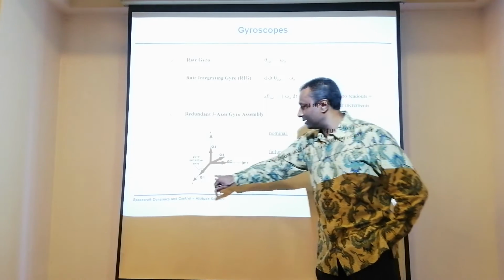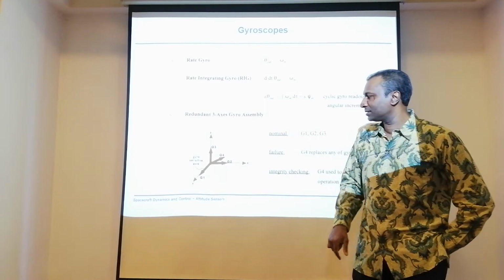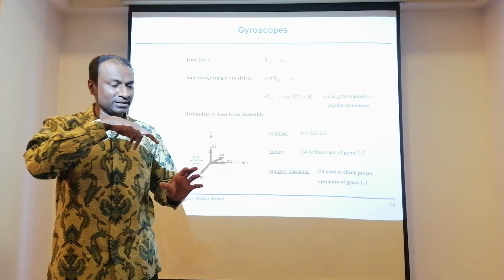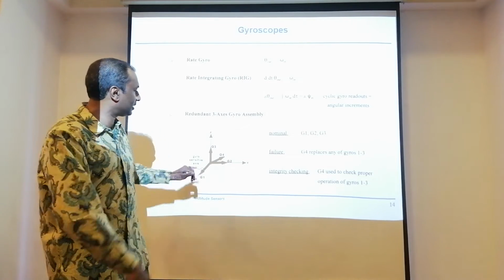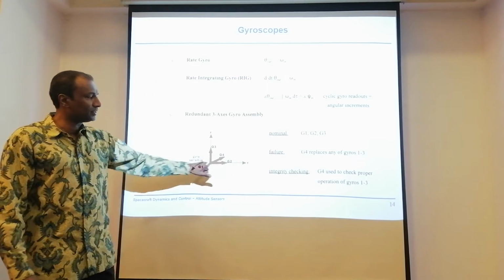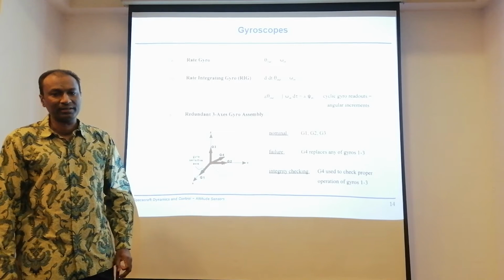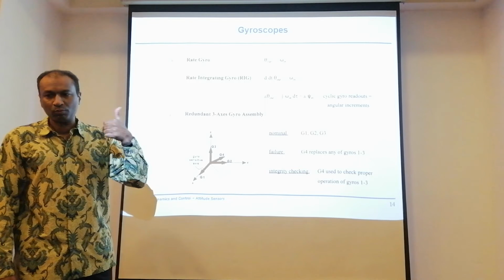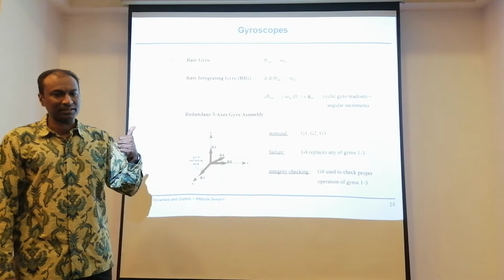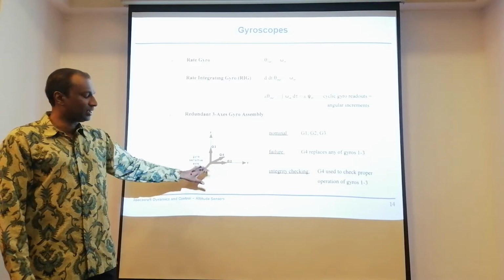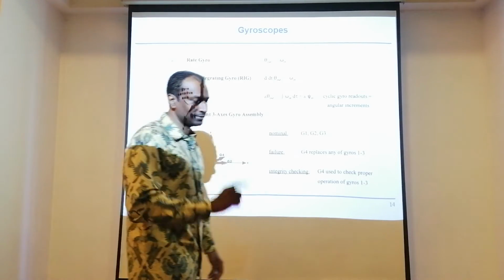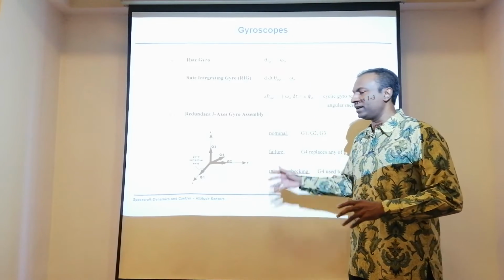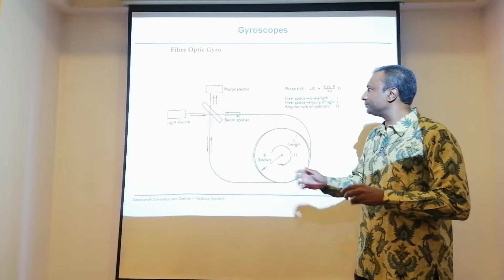You can see gyros embarked on all the principal axes, and then Q4 is going to be a redundant gyro in case of any failure in any of the other gyros on the principal axes. Well, we can afford maybe one single failure, but we can't afford another 2 failures. When you have 2 failures, then technically speaking, one axis will not be controllable. So you can afford only 1 failure in that sense.